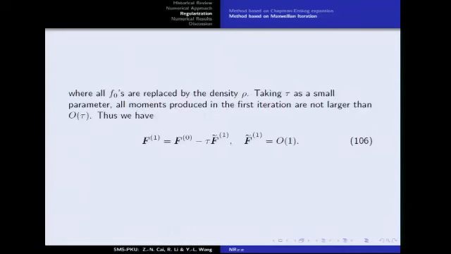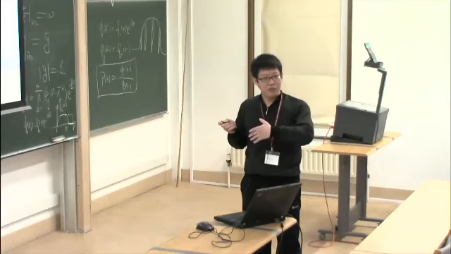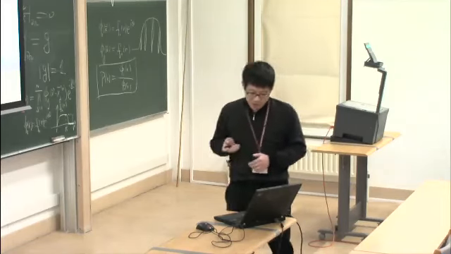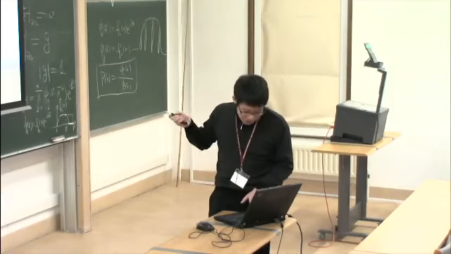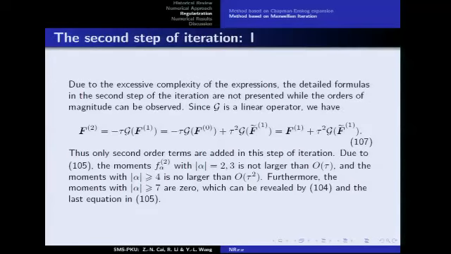Then we substitute the obtained coefficients back into the iterative scheme to give the second step of the iteration, and it looks like